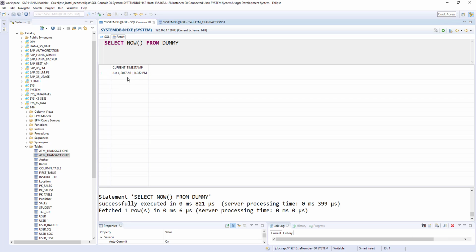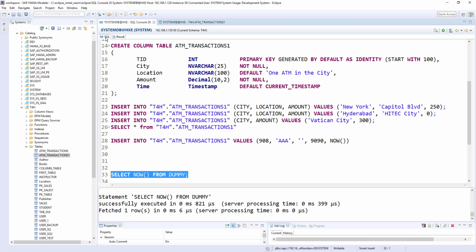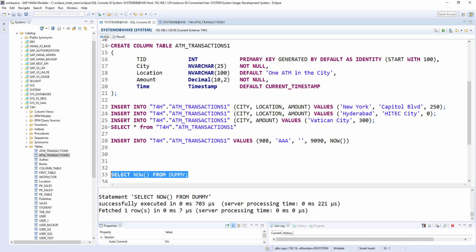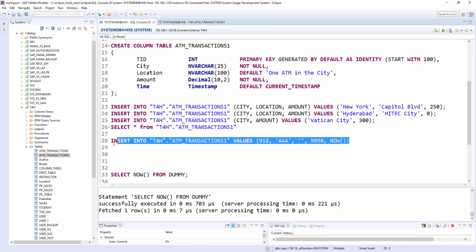So now is going to give the timestamp actually. So current timestamp. See here. So that's why I use the current timestamp in table definition. Okay. So like that we can use that now in the insert statement also. So let's change it to some other value. So if I insert this,